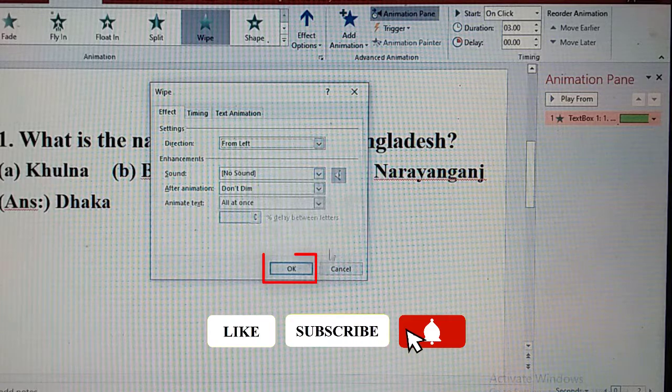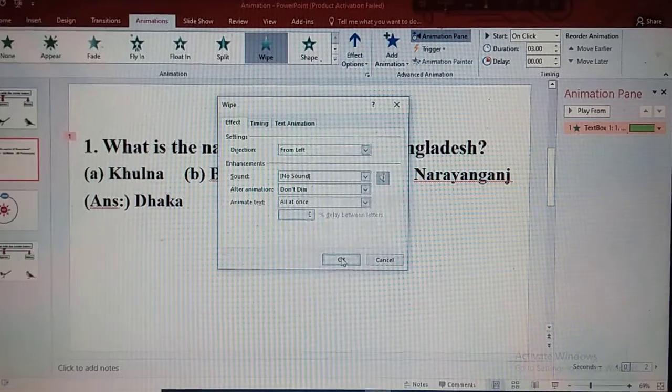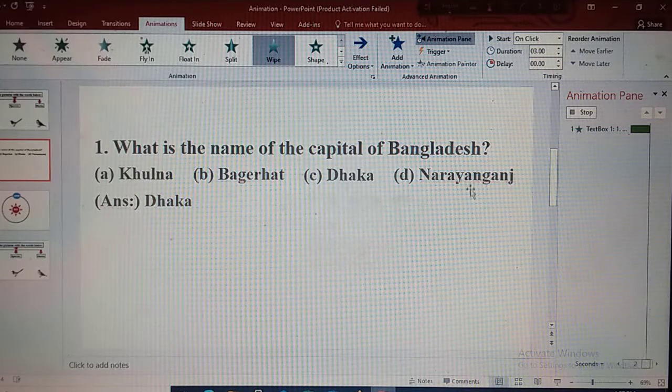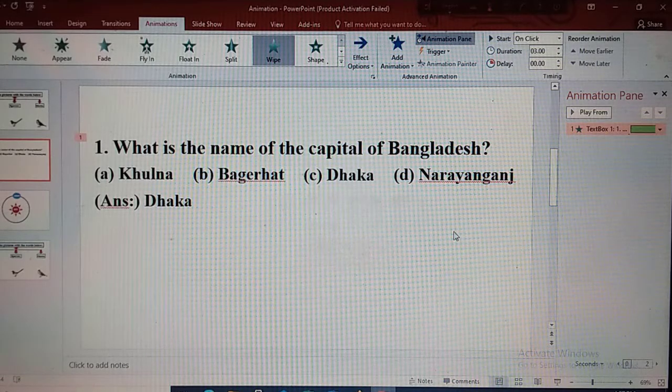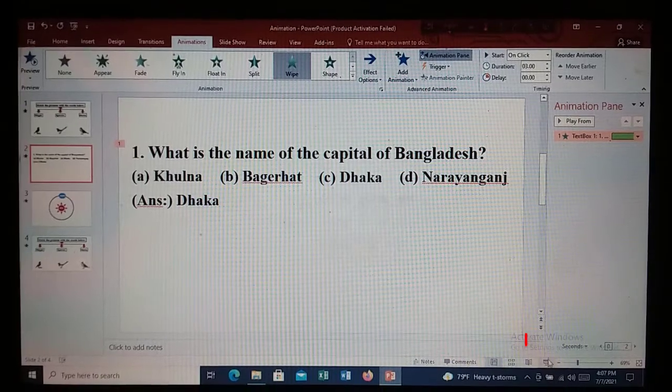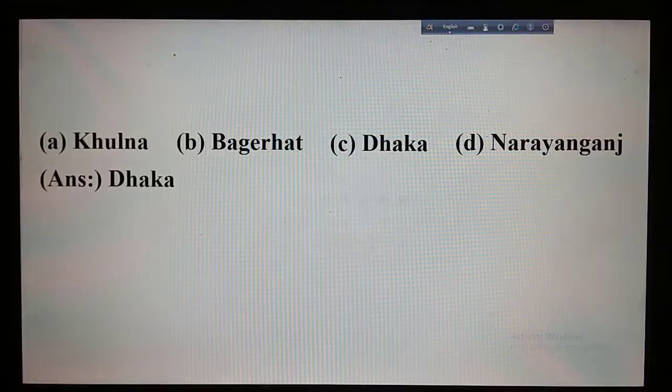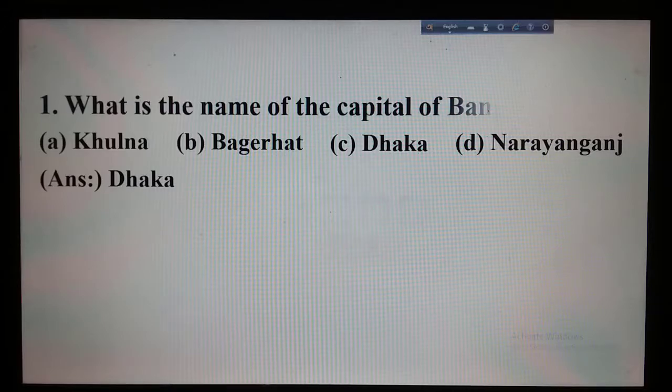At last click on OK. Now see the animation. Now go to the bottom and click on slideshow. Then press arrow key from the keyboard and watch the animation.